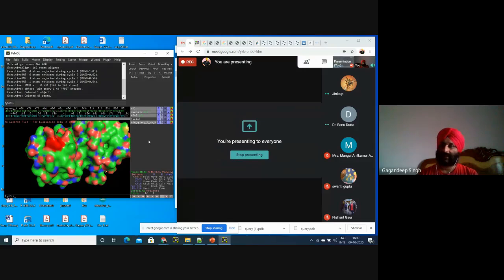PDB is the largest database which has X-ray and NMR validated structures. So it is beneficial for us in the current scenario, so that we will be able to find our template from PDB only and perform our next analysis on that particular structure.